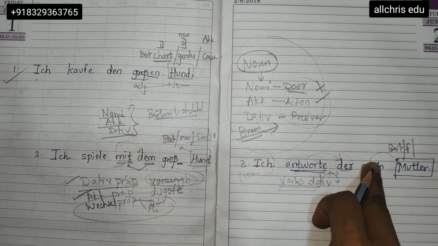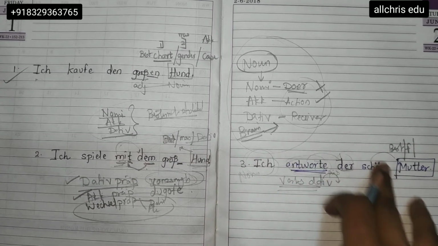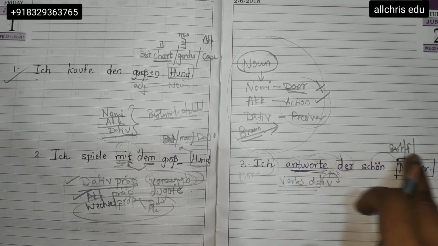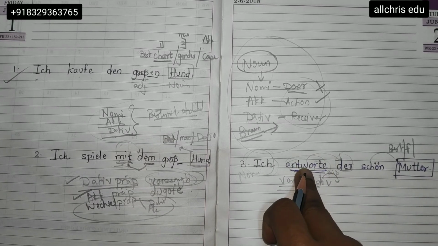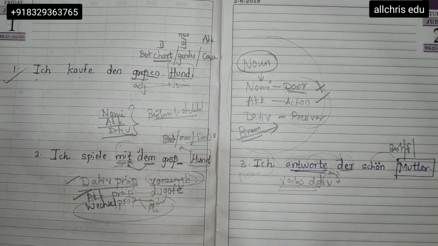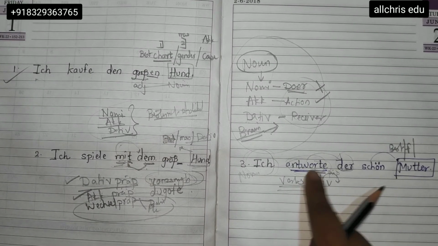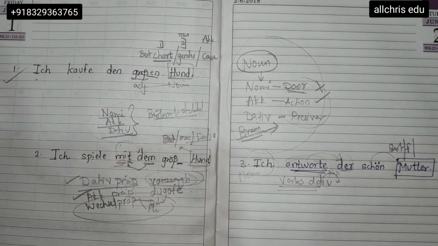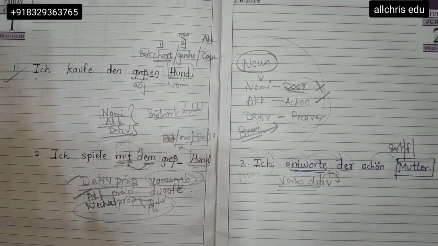But इसके बाद directly accusative के बजाय यहाँ पे dative concept आ जाता है. So I am answering my mother. So answering is a dative verb which should be learnt and kept. There are a handful of verbs जो dative verbs होते हैं और उनके बाद generally चीजें dative में convert होती हैं. I will show you those verbs.